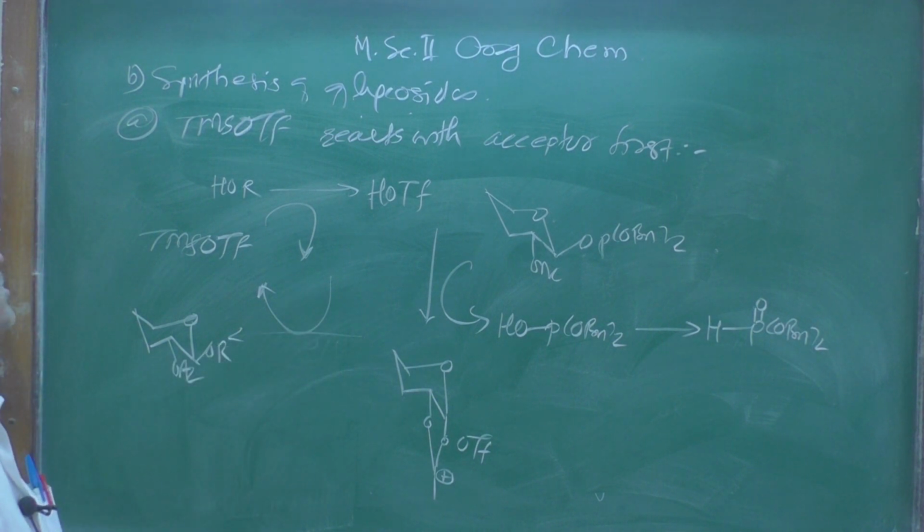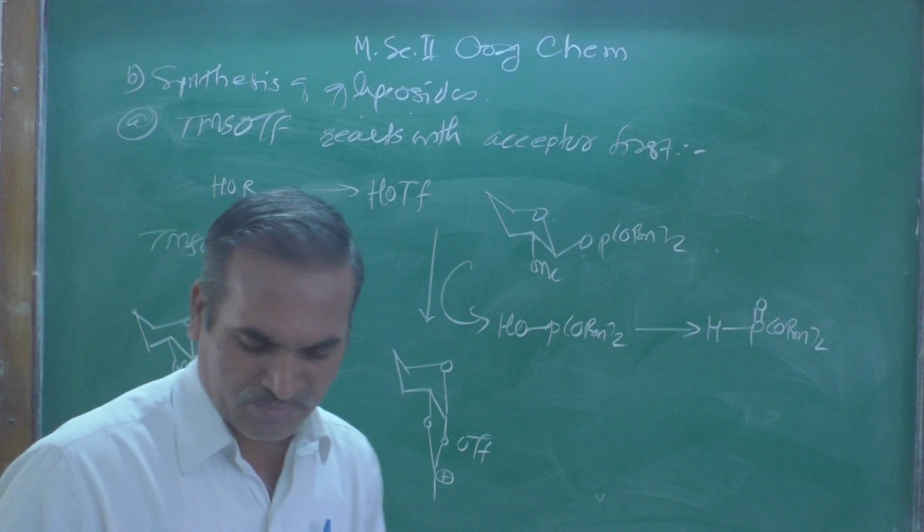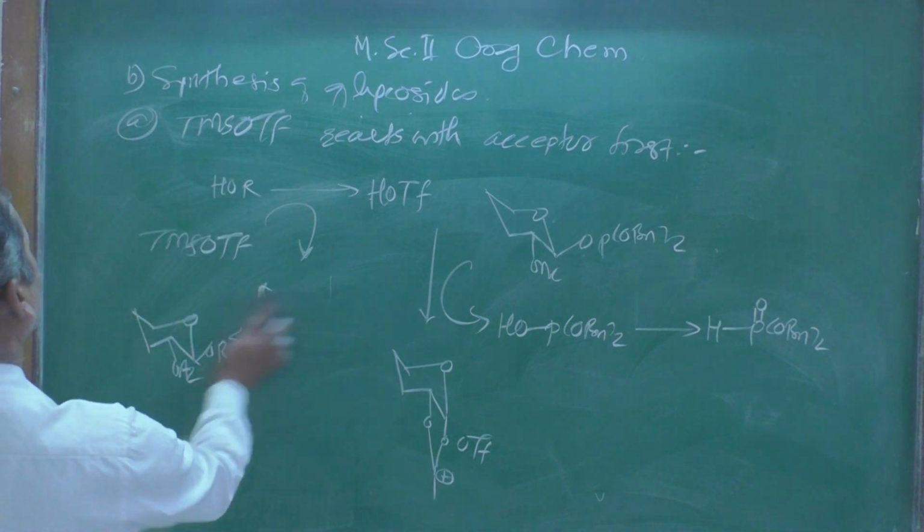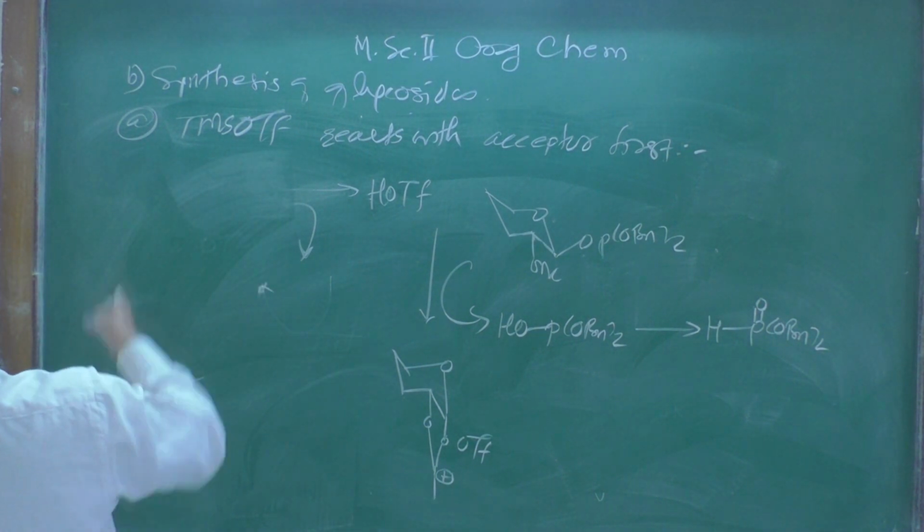So this is trimethylsilyl triflate reacts with acceptor first, and finally let us see, this is the B point,